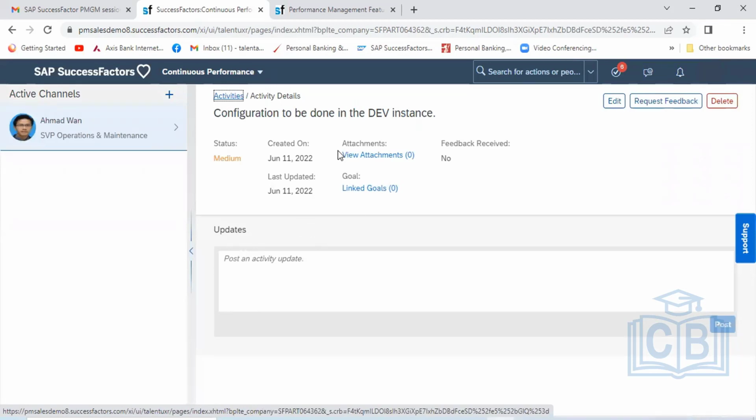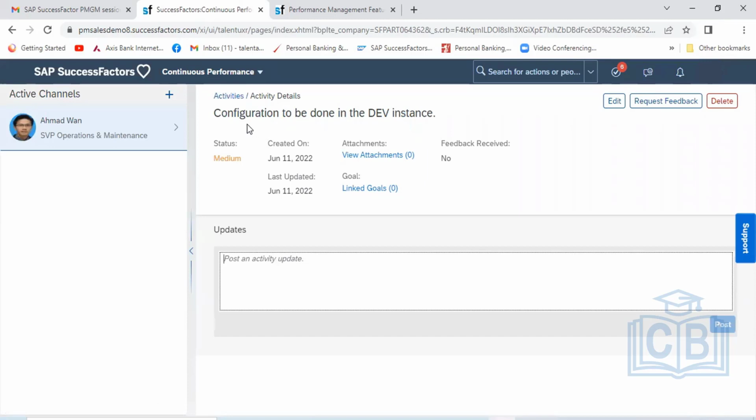Okay. So in this particular activity, if I want to update the status, suppose I'm updating the status, this is the activity which has been assigned to me, and I'm doing this activity.